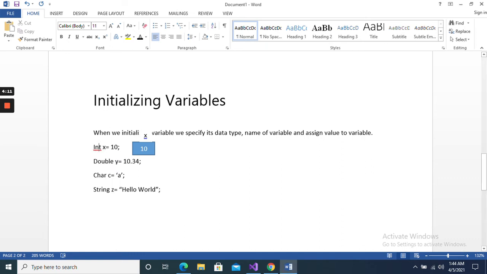Here its data type is integer, int. x is the name of the variable and this is an assignment operator, and we are assigning the value 10 to the variable x, and this is a semicolon. With this line, what will happen in the memory? There the value 10 is saved in the memory and the name of the box is x, and int is telling